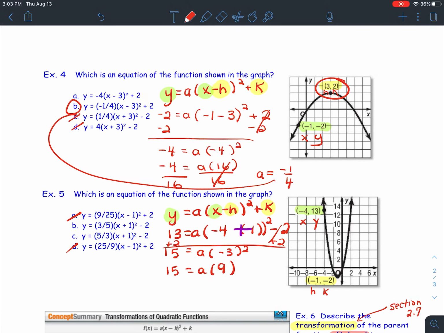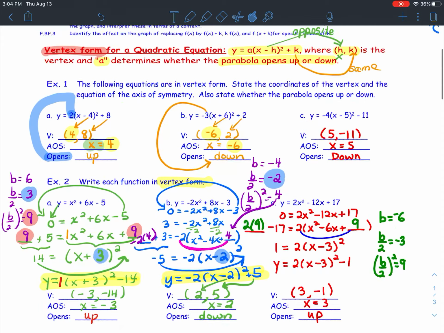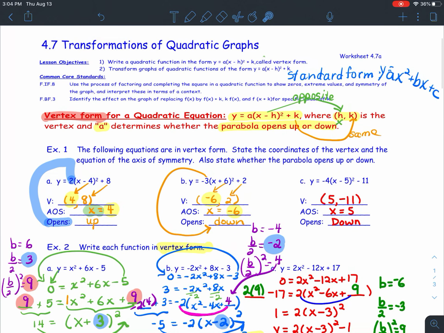Okay, so it looks like I'm going to go ahead and add 2 to both sides here. That's going to give me 15 equals a times, it looks like we're squaring a negative 3, which would make that a 9. And then I'm going to divide both sides by the 9. I get a to be 15 ninths. 15 ninths is going to reduce to 5/3. So